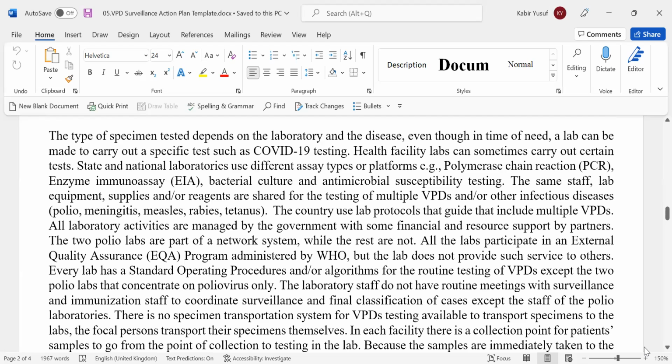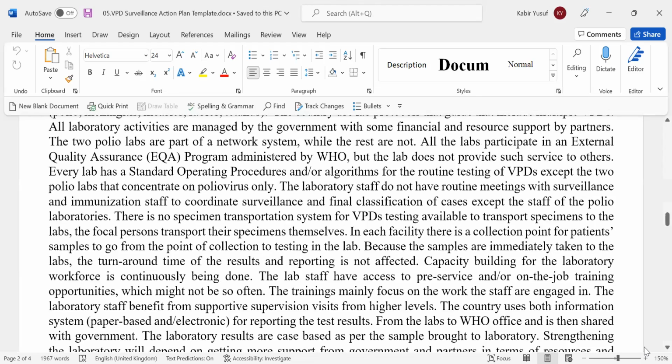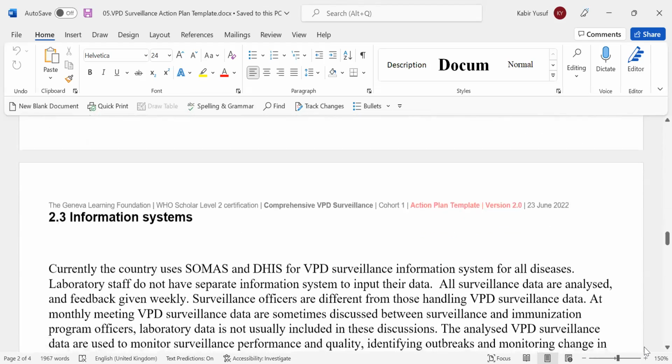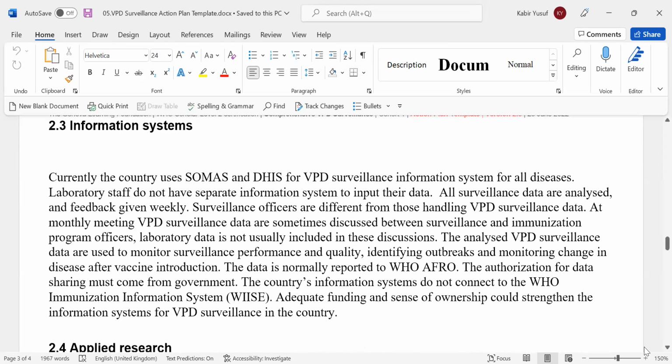Now, the type of specimen tested depends upon the laboratory and disease, ranging from stool and other specimens. Currently the country uses SORMAS and DHIS for VPD surveillance information system for all diseases.